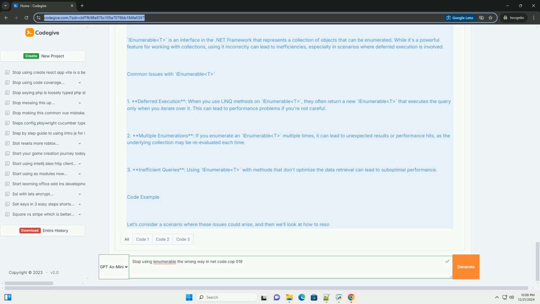Console.WriteLine(number). In this example, GetNumbers uses yield return, which means numbers will be enumerated twice, once for counting and once for printing. This could lead to performance issues, particularly if the data source is more complex. Correct usage. Here's how to fix the above code. C#. public IEnumerable<int> GetNumbers() for (int i = 0; i < 10; i++)